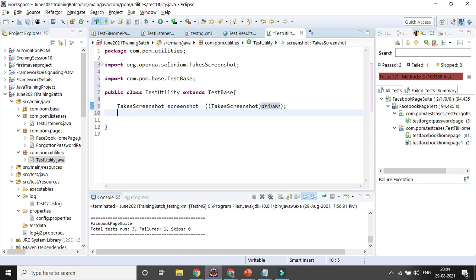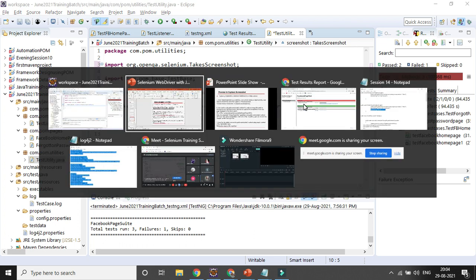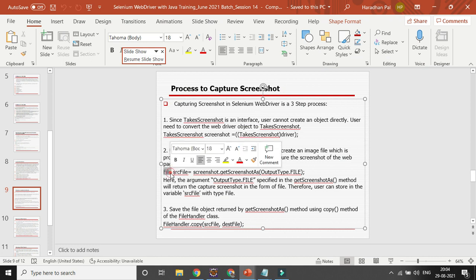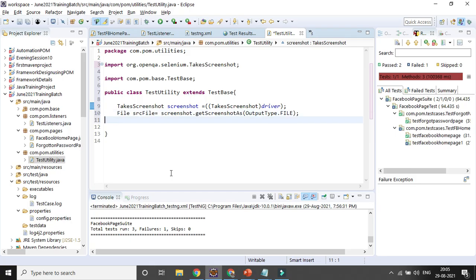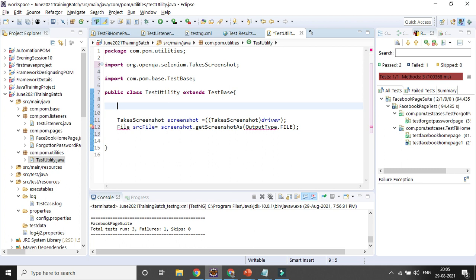The next step is you need to store in some source file. Definitely here in the class you need to create a method first. The method I will be creating is public static. It does not have a return type, so it will be void, and say takeScreenshot.